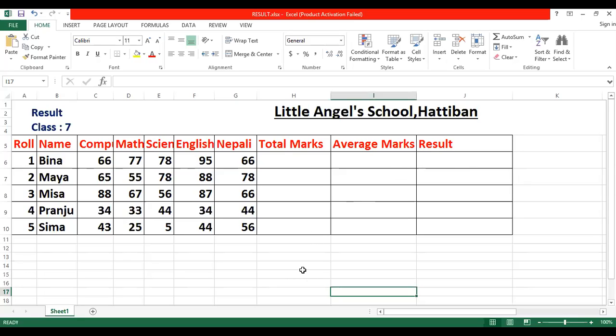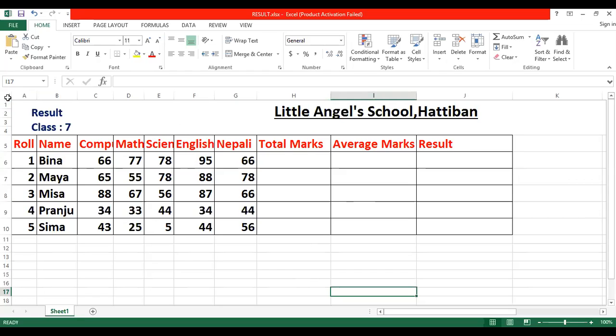One thing again I'm going to tell you here: you must write your formula with an equal to sign. Always begin your formula with an equal to sign. And you have to use the column name like A, B, C, D, E, F, G, H, I, and the computer's row number.